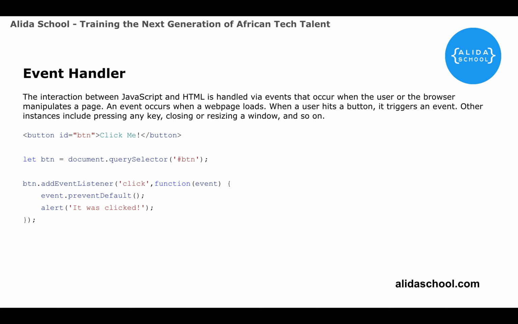Now adding the event listener with the kind of event we are awaiting, which is a click, and passing in the function, which is what we tend to do once we get this click event. Now first things first, we are doing event.preventDefault to prevent the default behavior of this button, so we'll be able to harness the full potential of our event. Then what we are simply trying to do is to alert it was clicked to the browser. So this gets to pop up an alert dialog somewhere on top of your browser to show you it was